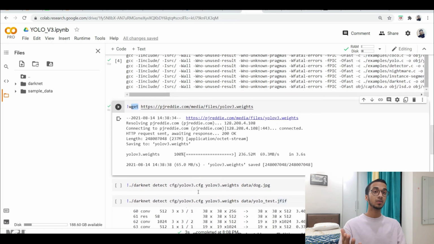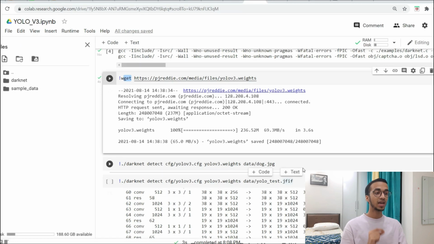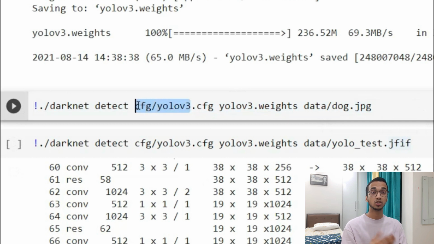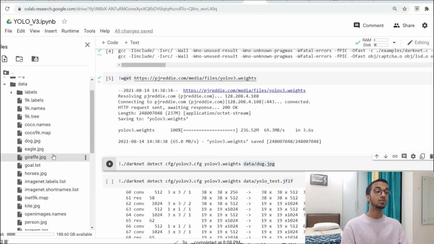To actually run inferencing on any given image, I simply have to execute this line. What I have to provide is basically the YOLO architecture, which I'm providing over here, which is the configuration. And the second thing I have to provide is the YOLO model's weights, right? So I'm providing the architecture and the weights, and I have to provide an image on which I'm going to test the model. So by default, inside the Darknet folder, you have a folder called data, which contains lots of sample images which you can test the model on.